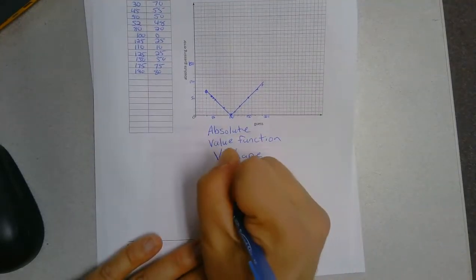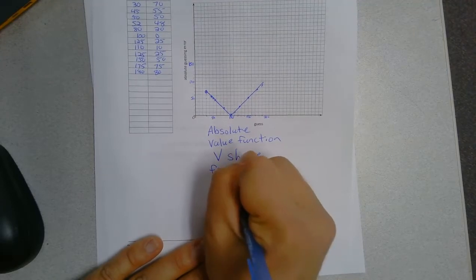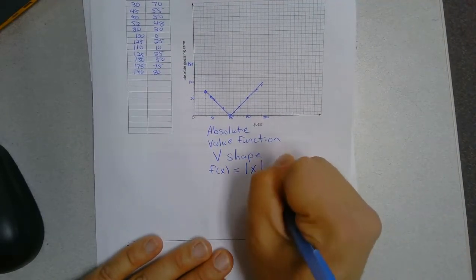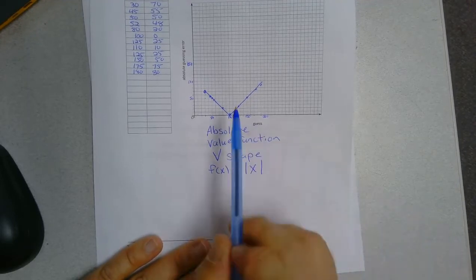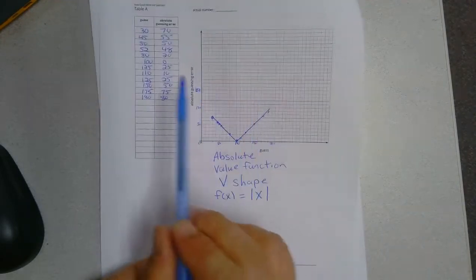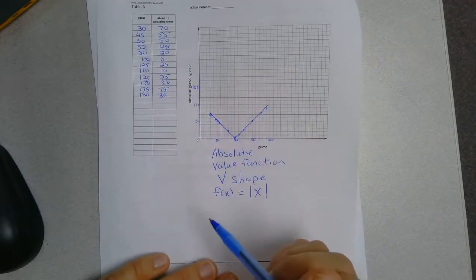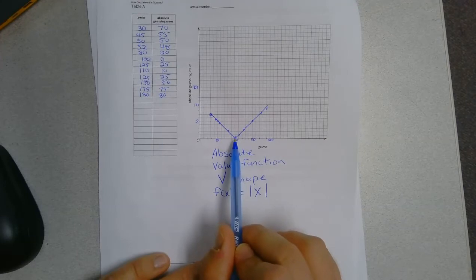And if we were to write this in function form, it would be f of x is equal to the absolute value of x. Now, in this case, it's a little bit different because ours moved a little bit. So this is the absolute value function